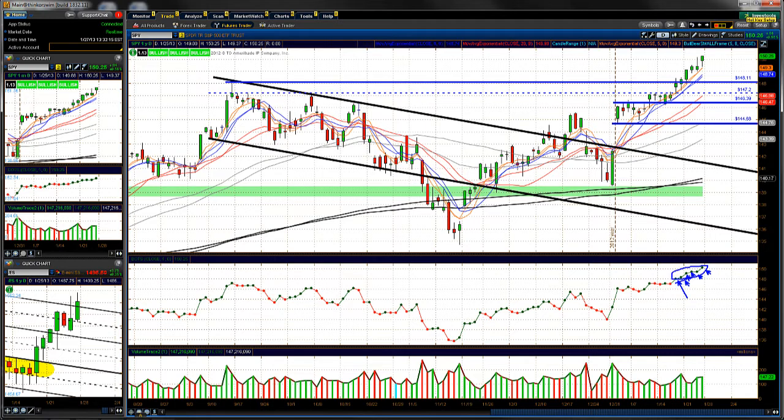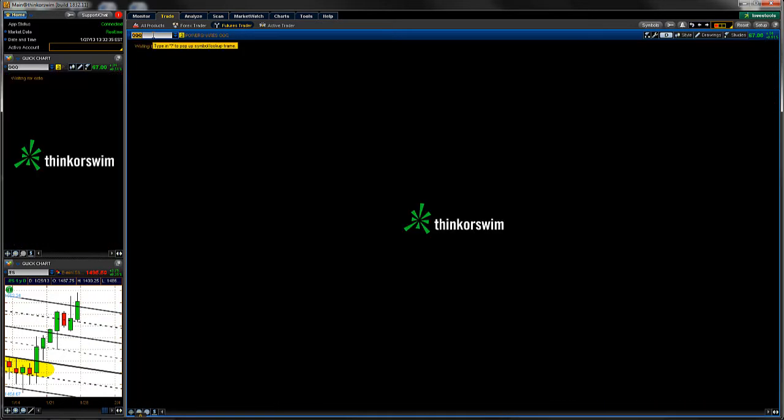All right, so we are a little bit extended right here, but if they continue to buy the market, you've got to find your little low risk entry trade intraday and take the trade. I mean, that's what's working right now. Let's go and take a look at the triple Qs. The Nasdaq